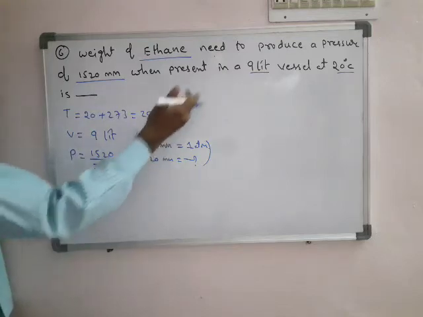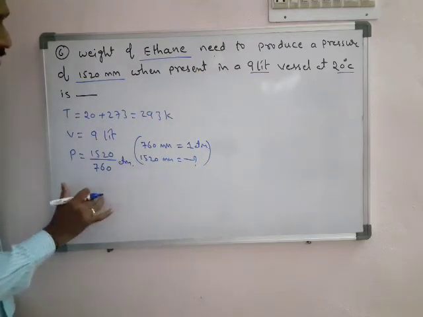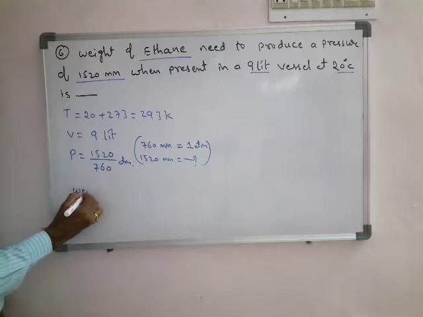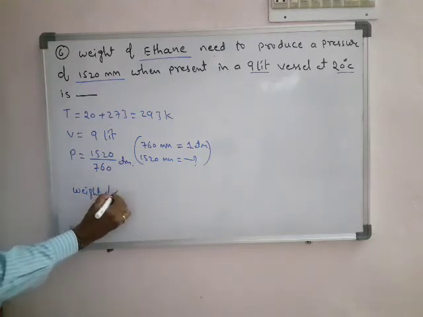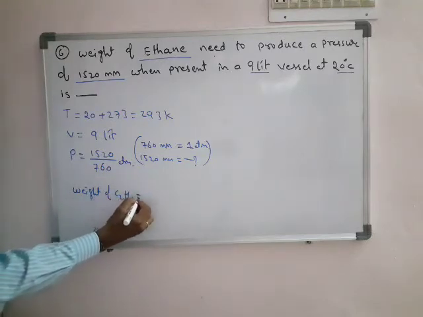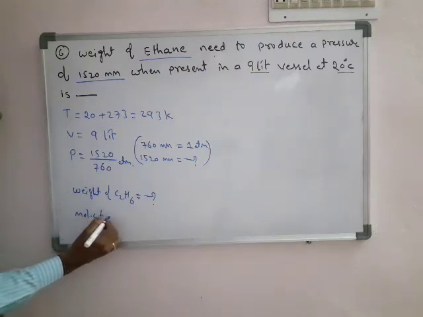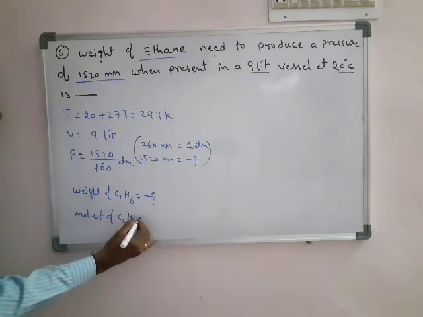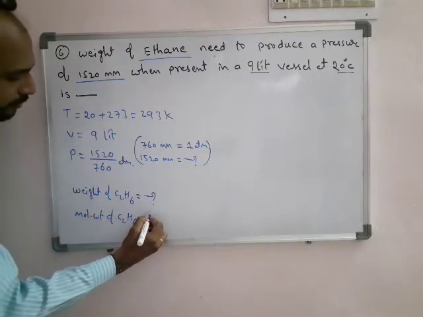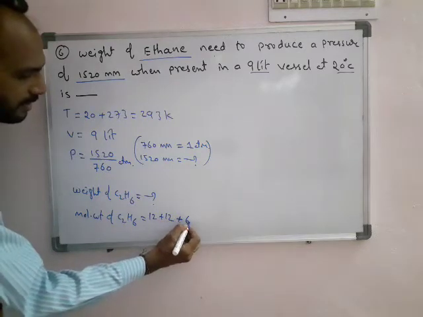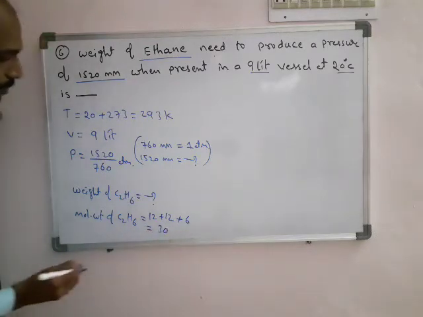So again we will substitute in that final equation. Then there will be a cancellation. And again we need to find out which one? The weight. Find the weight of ethane. What is the formula of ethane? C2H6. Since weight is given, we have to expand the number of moles. So the molecular weight of ethane, how much? Each carbon 12, that is 12 plus 12. Each hydrogen carries 1, that is 6. So its molecular weight is 30.